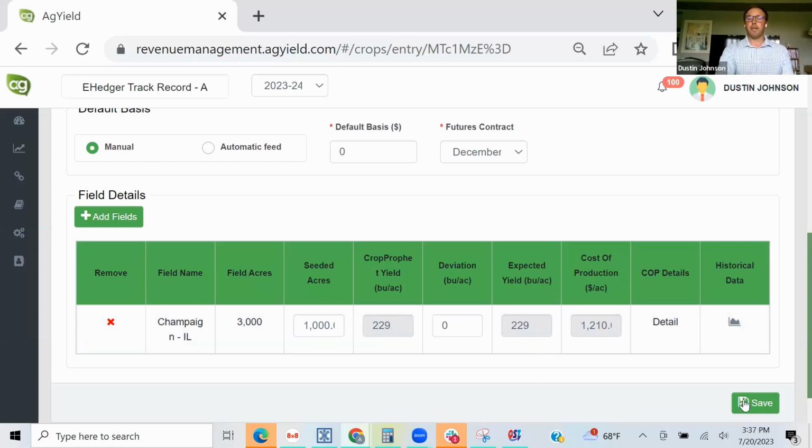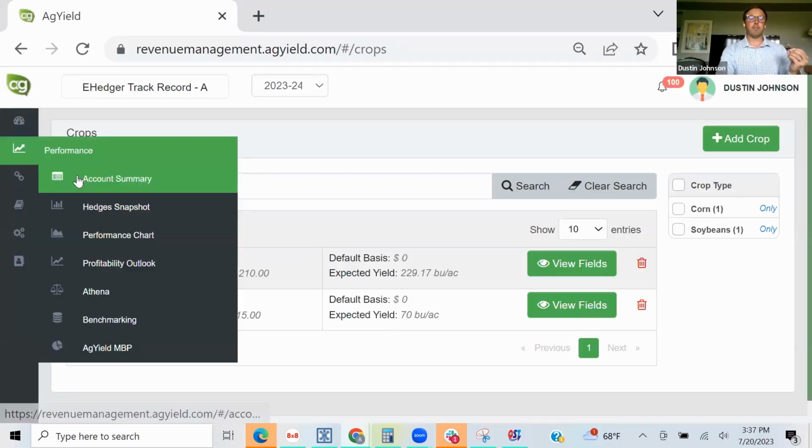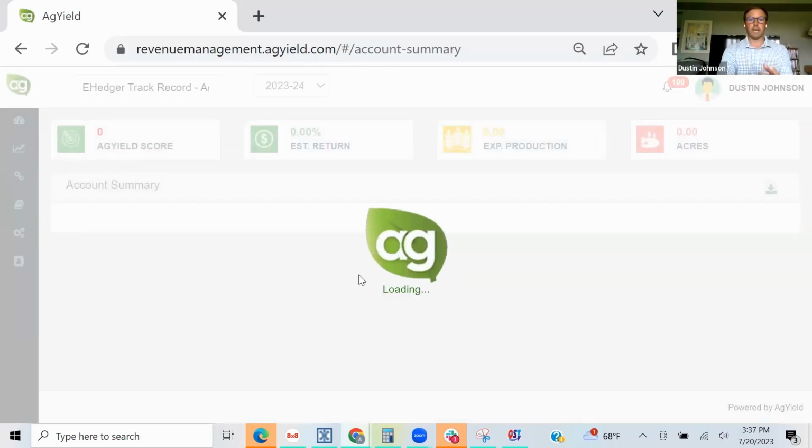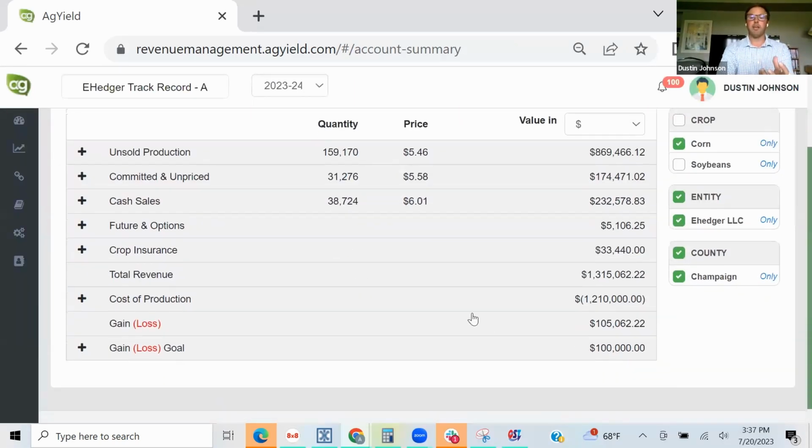So I'm just going to say, because we're at a 220 APH, that we're going to put this at 0. And how that changes the expected return is huge, because as we're targeting return on investment, that $55,000 that we were originally just forecasting for an underlying profit based on the static yield we've been using now puts us back up to 105,000, which triggers our gain loss goal function to notify the grower, our full service customers, that is, and notify the advisor that, hey, a goal has been achieved through price and yield.